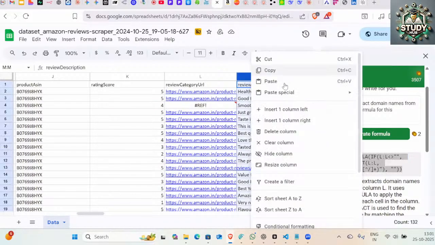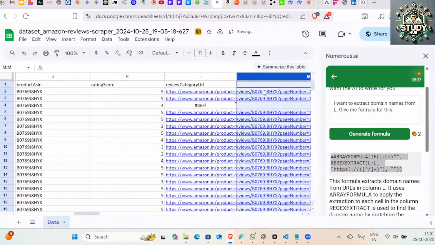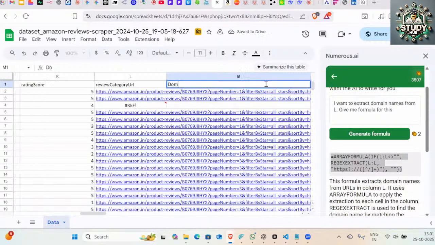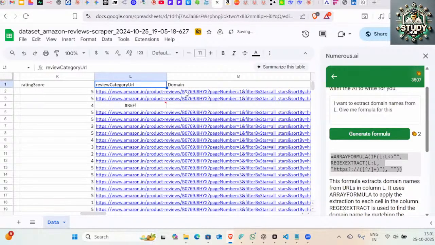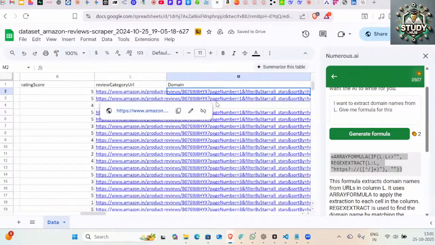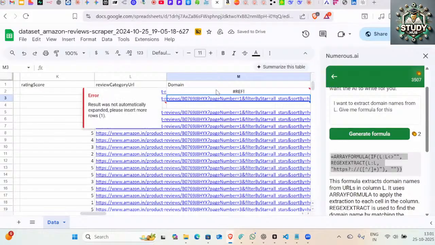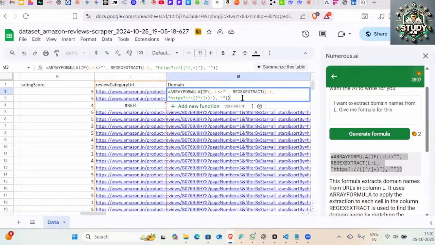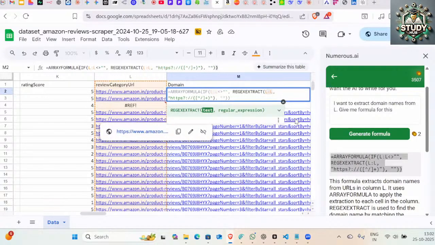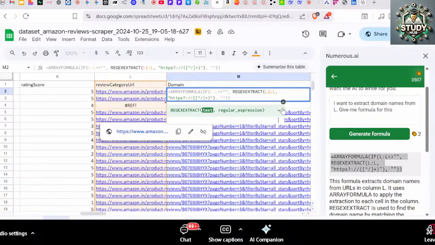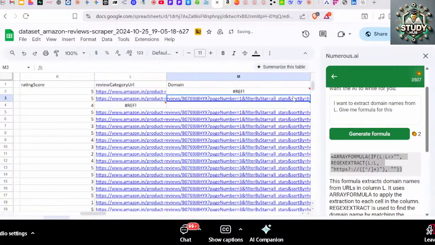I can create a new column here, insert one column at the left. You have domain names. Let's say you have a product to be sold in multiple countries and all that. So I just wanted this formula coming in, and it should ideally extract the domain name, right? Okay, it is asking me what all I have. So L1, let's say to L2, just for a second, right?